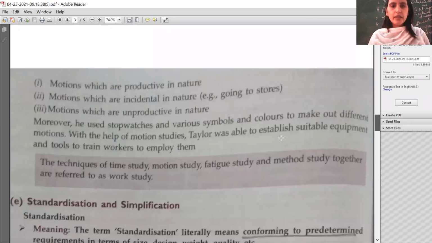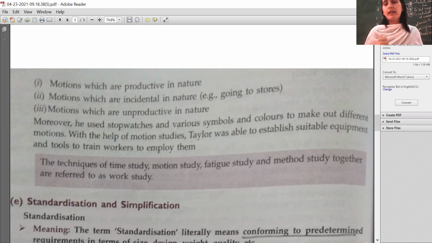Okay. Right? So, the example for this can be, for example, in your company, a worker is working on a machine and he needs to pick the raw material and put it in the machine. Again, bending down, taking the material and putting in the machine. So what we can do, we can set up something, कोई ऐसा एक stage बना दिया on which the raw material will be kept. He will pick it up and put it in the machine. So unnecessary bending will be replaced. Unnecessary movement, because bending will cause pain in the back and that will decrease the efficiency of the worker.